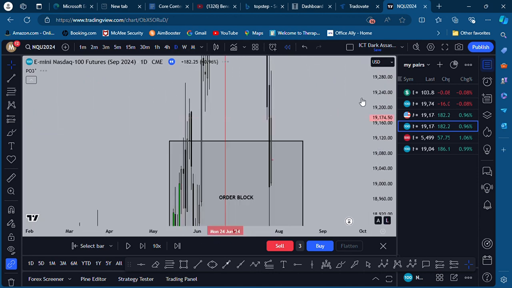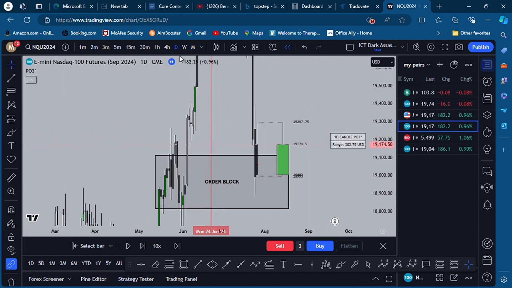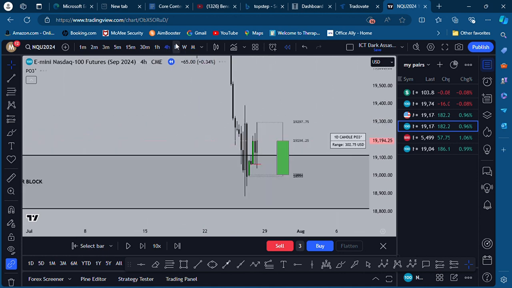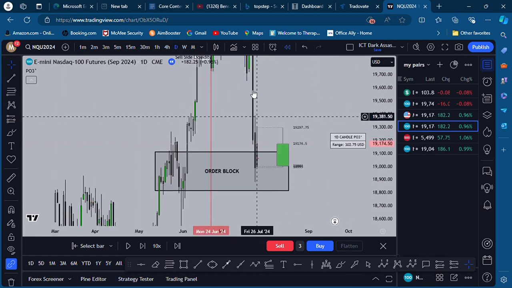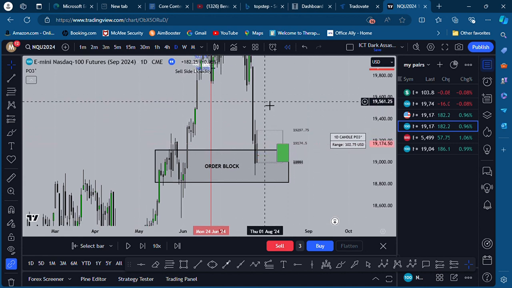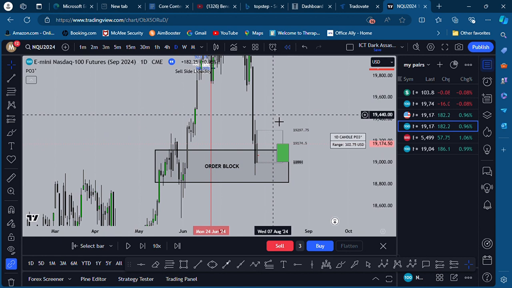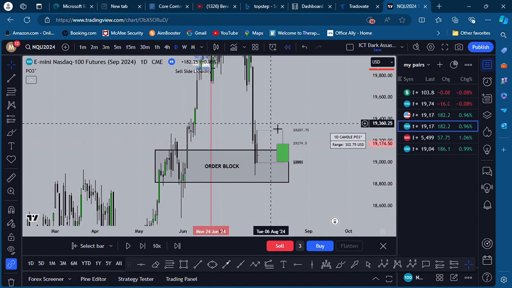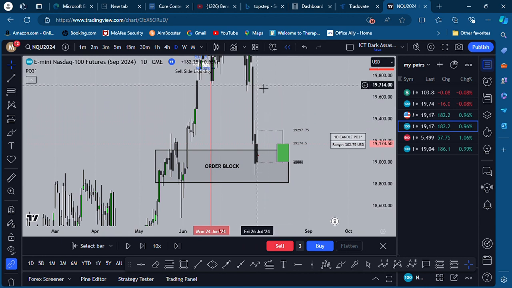If we go back to the daily chart, is it a 4 hour chart? Yeah, no, it's a daily. We have this fair value gap right here. Coming into the day, even though price didn't reach up into it, I would have been thinking, okay, I want to see if price can reach up into this fair value gap. Also, if you know ICT's core content stuff, especially I think it's either month one or month two, he talks about